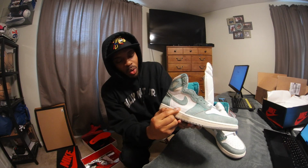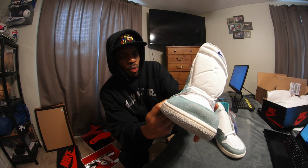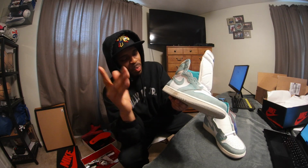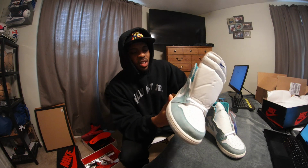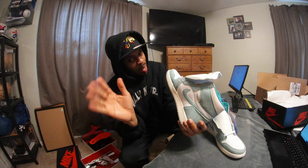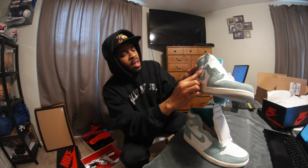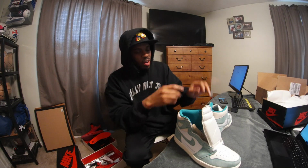It does have that SB Air Jordan 1 High marked on the outside of the shoe. Ooh. But from what I understand, this is removable. I wouldn't recommend doing it, but you can remove this. I can tell by the suede. The green suede is a lot smoother than it was with the Neutral Grays. And the tumbled leather is the same way as the Neutral Grays, but the design layout is a little bit different in terms of how it's tumbled all around the side panel of the shoe. So let me, before I continue on with the review and what it's made of and all that stuff,